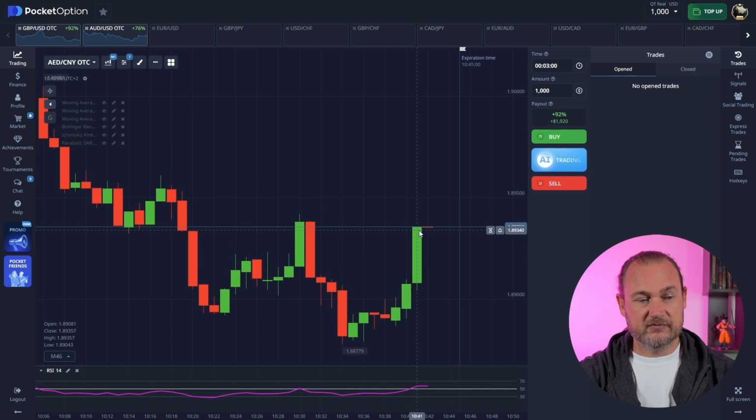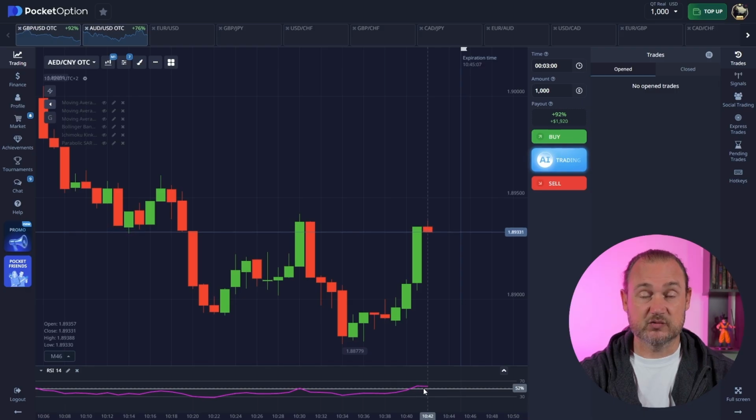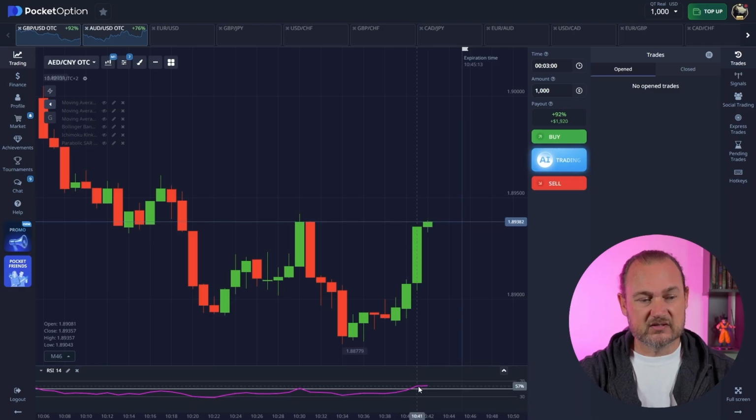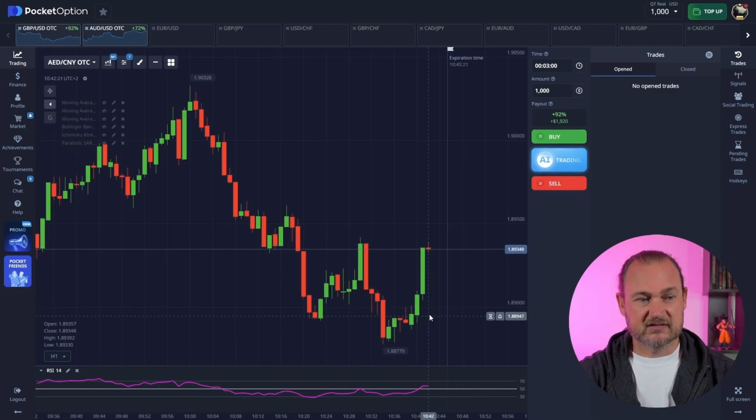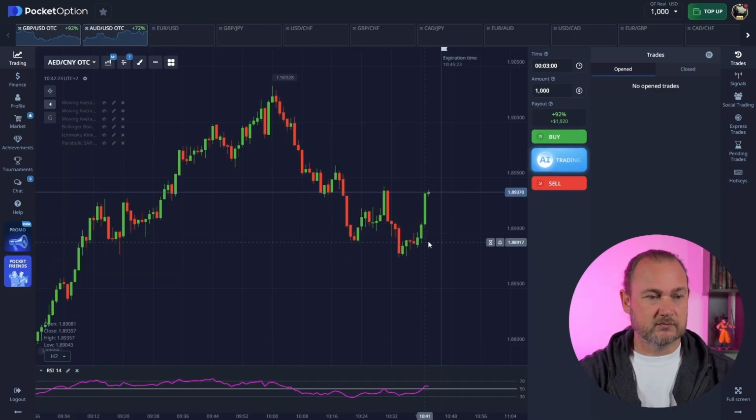Especially like this now, there's no way I will take a sell trade here, because first of all, we did push through, so it's warning me that bearish momentum is diminishing, and we're gaining more bullish momentum than bearish. But also, I'm not going to try to predict that price will reverse and drop from here. I'm going to wait and see what happens. In this case, that would have saved me, but yes. Okay, so